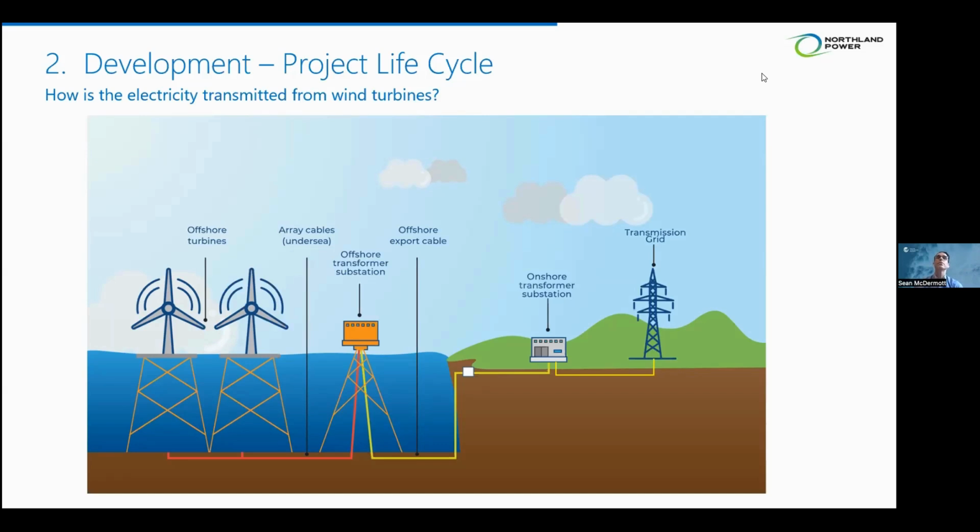There have been examples where offshore wind farms in Europe were built before the offshore substations were complete. The offshore substations were managed by the grid operator. Those rare instances where the projects are built before the grid is ready is not ideal for the developer. And so where we can, we prefer to have full control over the turbines, the foundations, the cables, the offshore substation, the export cable, and the onshore substation.